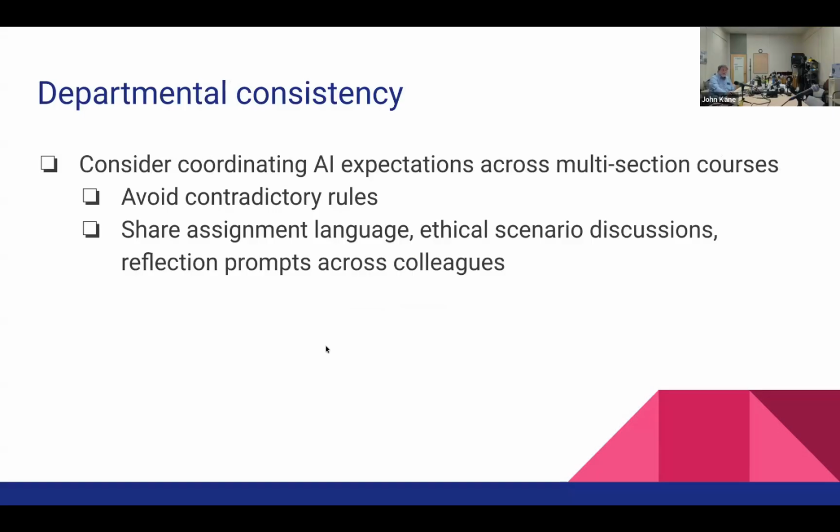One other issue in a broad sense is that students will often hear what other people are doing in class, and it might not be a bad idea for there to be some departmental discussions of what sorts of AI are allowed, or when AI is used and when it's not allowed, especially in different sections of the same course. Because if, for example, in one introductory course in the discipline AI is allowed everywhere, and in another one it's banned everywhere, that may be a little bit more confusing for students when they talk to other people. If there's at least some consistency across different sections, that reduces some of that issue.